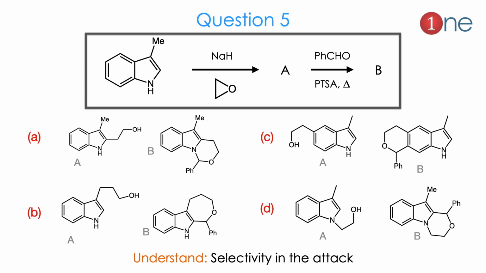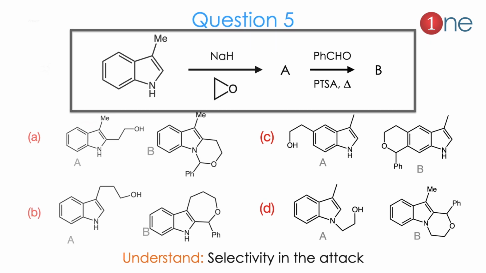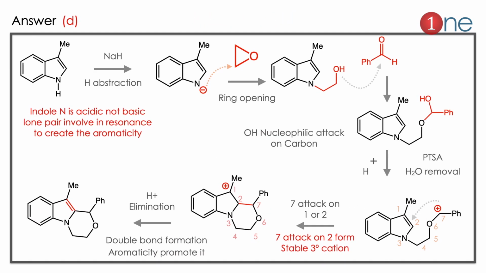So you should know how the reaction is proceeding. And B is actually a selective ring closing, so where the ring will be closed. This is a kind of total synthesis and a lengthy one. We will find the answer. The answer is D. Let us see how. Here, with the nitrogen, you should know the important thing.